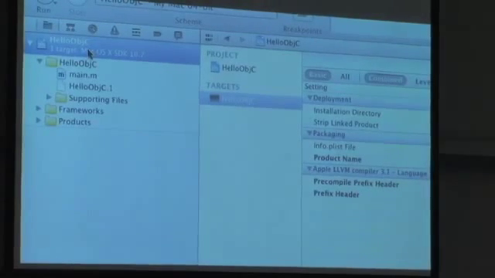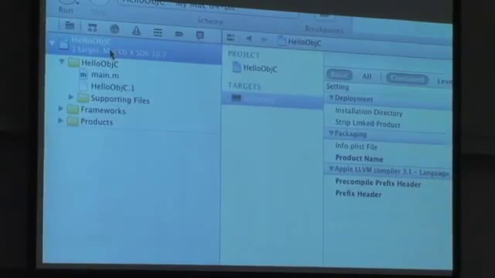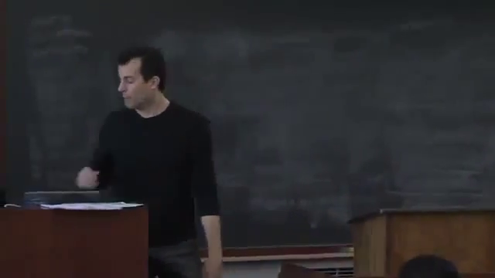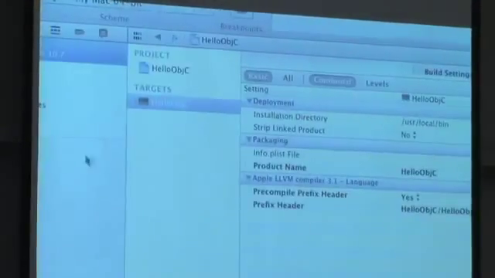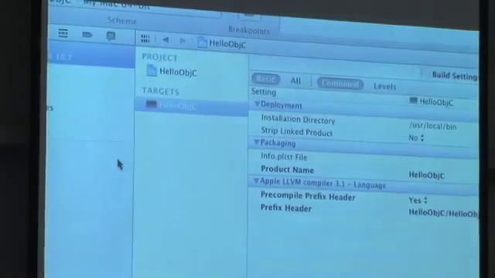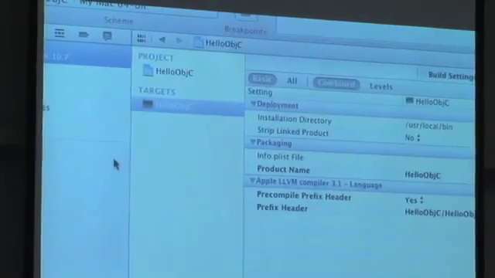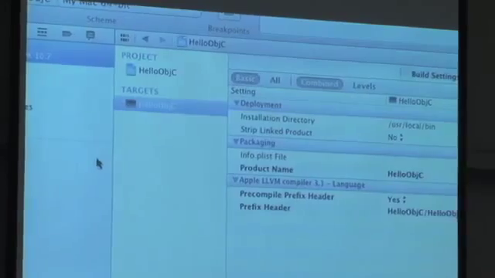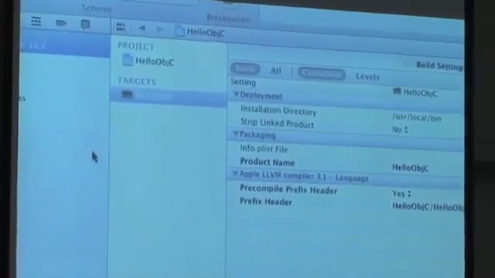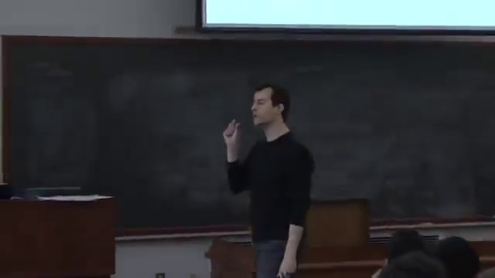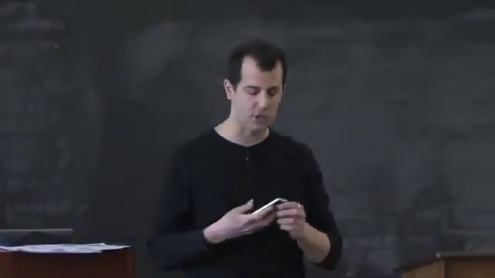So if you think back now to CS50 and 61, where you had make files, or you had environment variables, or you had a configure file, in C, there's many ways in which you can configure the compilation of a program. What Apple has done is essentially made almost all of those kinds of settings accessible within a GUI. So realize that all of the various drop-down menus and such you see here are fairly low-level details, like what compiler to use, what language to use, what version of iOS to support, and so forth. Those low-level details. And elsewhere, we'll see other low-level details like, do you want the application to still show the clock